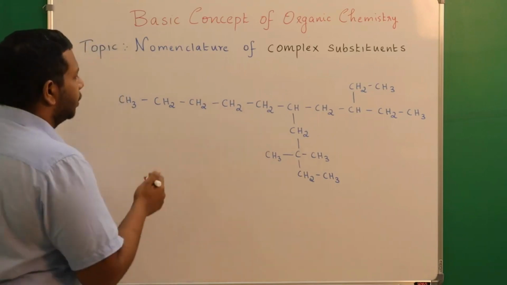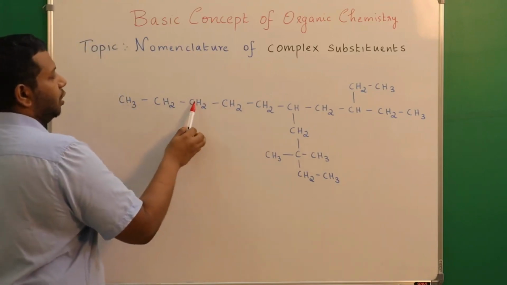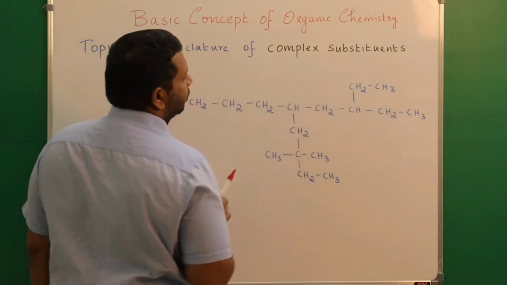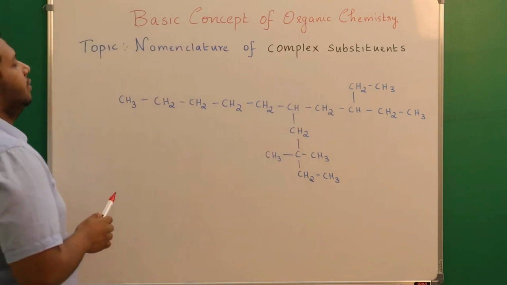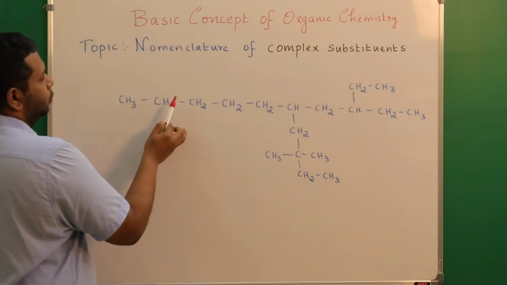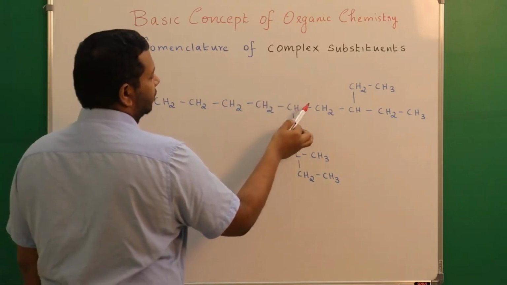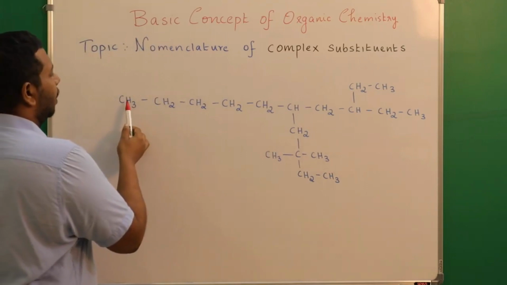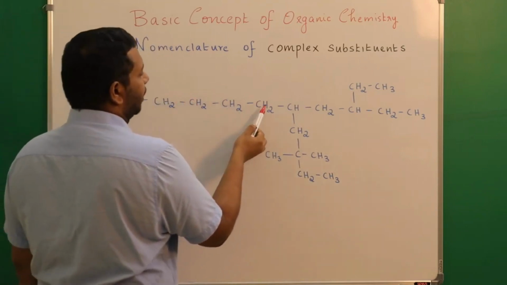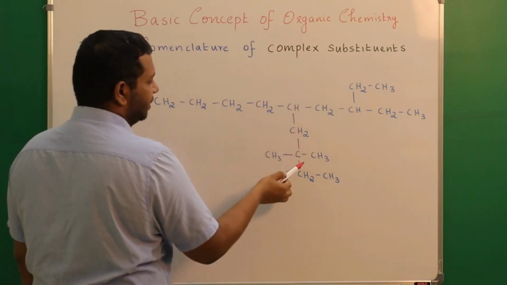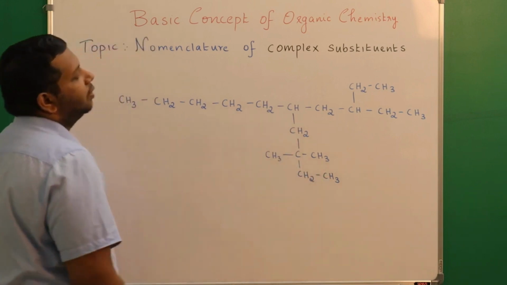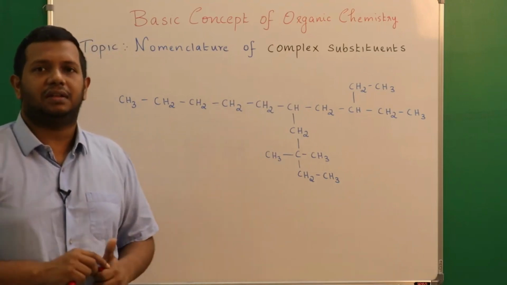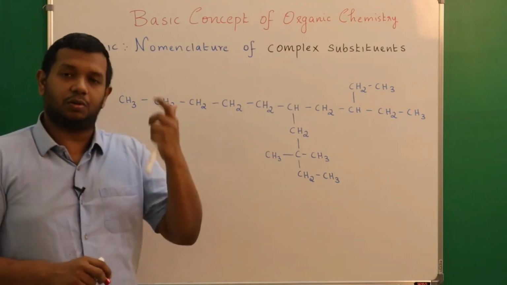Please look here. If I choose 1, 2, 3, 4, 5, 6, 7, 8, 9, 10, I can identify 10 carbon atoms. Suppose I go like this, 1 to 10, then also 10. If I go like this, 1 to 10, then also 10. So we know that whenever you have chains of the same length, what does the rule say? Please go to the rule. The rule says